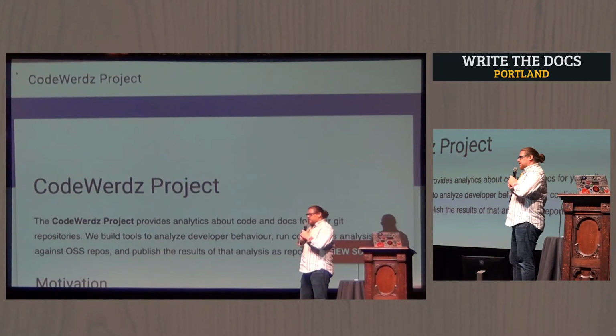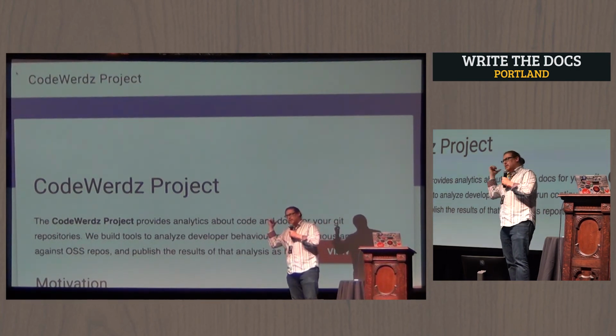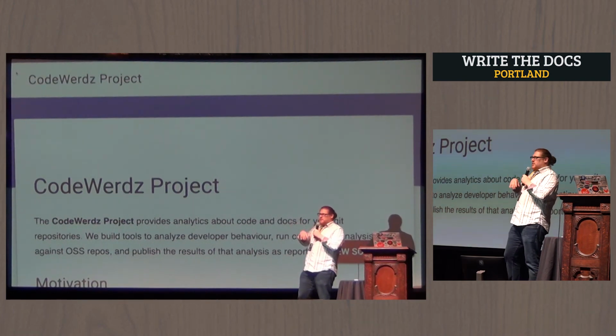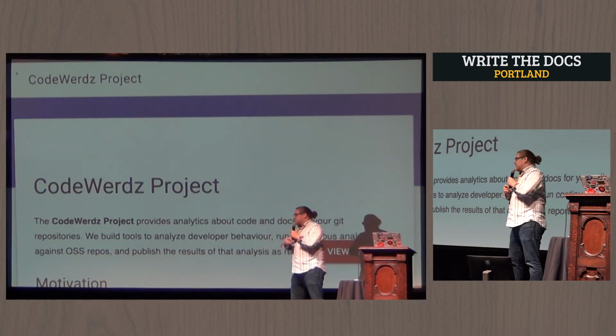And we would like you to contribute to that, both in terms of helping us code up the technology behind it, as well as running the tool on your internal repos and sharing the results publicly. There would be no private information, just numbers, ratios, things like that. So if that sounds cool to you, go check out